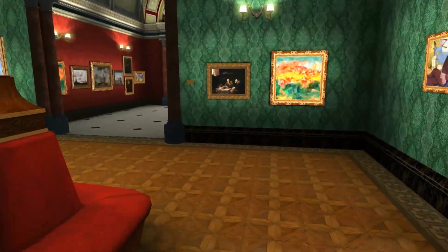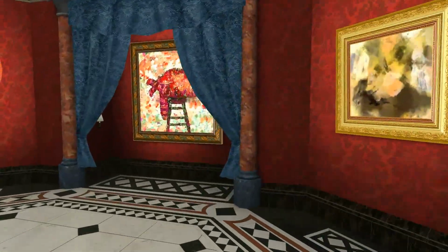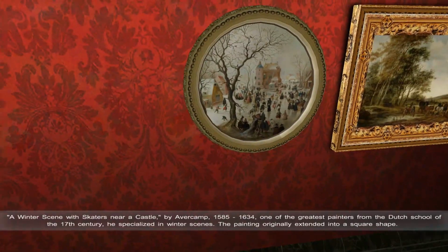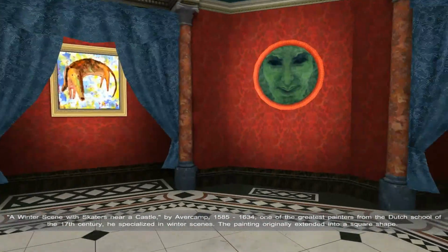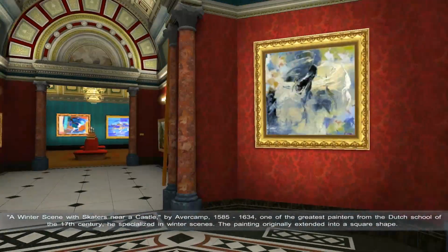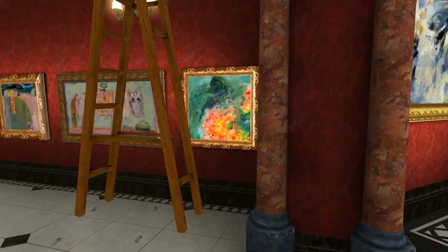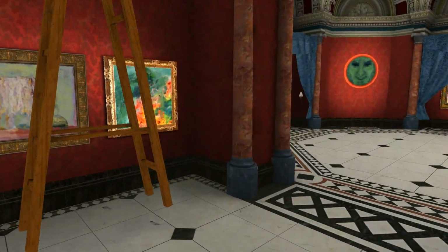Nope. Okay. Is it going to... Or is it the 6th painting rather than 6 sides? 1, 2, 3, 4, 5, 6. A winter scene with skaters near a castle by... No, I didn't think so. 1585 to 1634. One of the greatest painters from the Dutch school of the 17th century. He specialised in winter scenes. The painting originally extended into a square shape. Okay, let's try doing it this way. 1, 2, 3, 4, 5, 6. No. Sides, so that's 1,